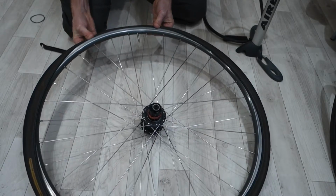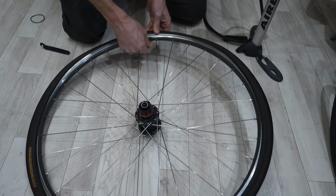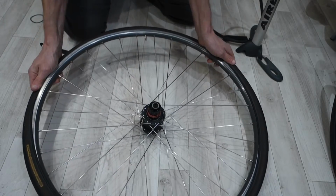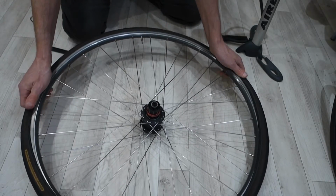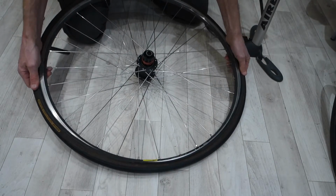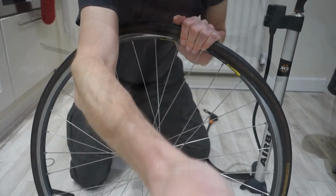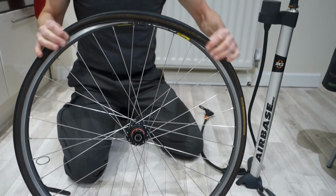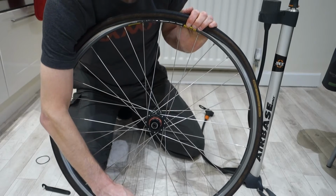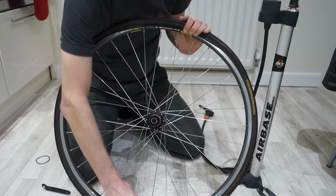So start there, push the valve in so you're not going to trap the valve, and then going round, work your way round with your thumbs and your palms, pushing down like so. And then as it gets near the top, so now we've just got the top section that needs to be hooked over. We've still got a little bit of air in, so I'm going to let the remaining go out. So the valve is now pushed down,